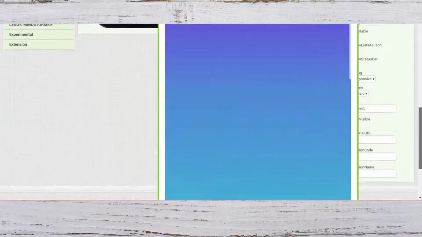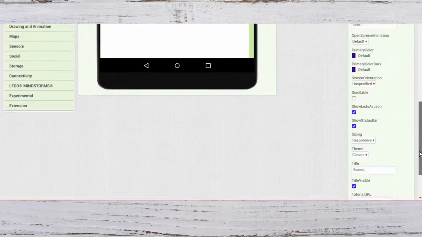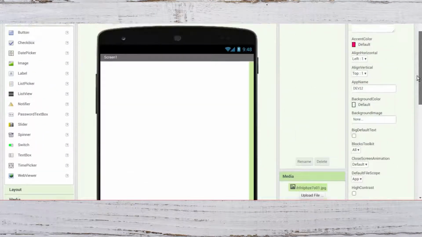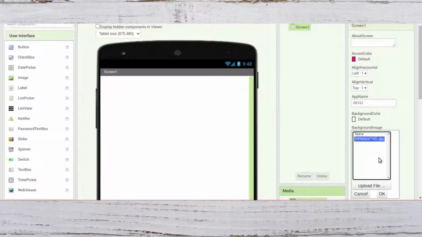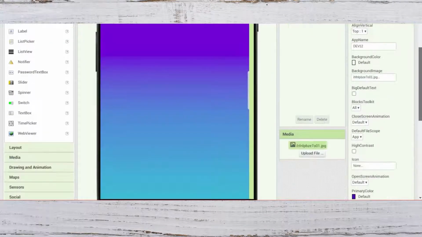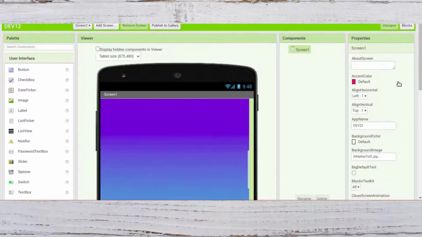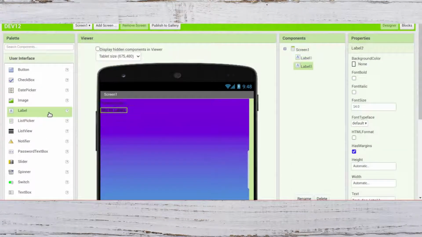I will give the link in the description to download this image. Okay, click on the screen and go to background image, change it to this background. Yeah, that looks nice. And we want some labels,